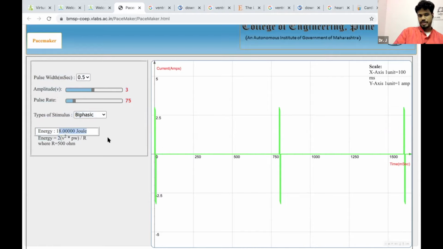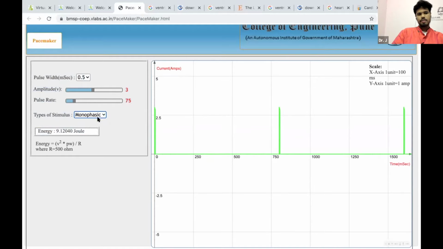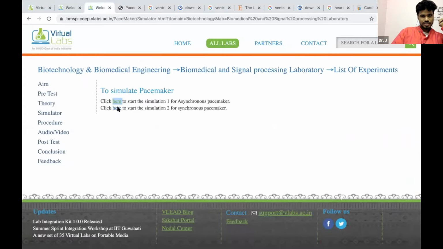Okay. Be wary of this keyword. If they ask you to calculate the energy of a pulse in a pacemaker, whether the keyword biphasic or monophasic is used is extremely important. Biphasic would typically be a trap. If it mentions biphasic, you will be applying twice the pulse width's energy. Okay, this is just the stimulus, and then of course we have the ECG.